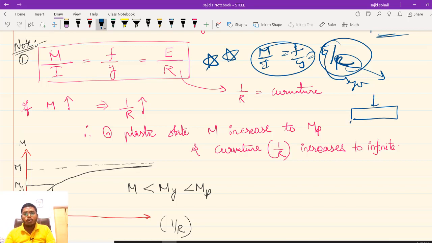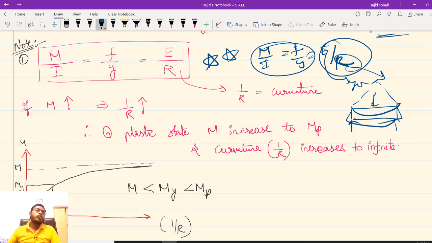Whenever you are adding load, let us say this is how your body is and you are adding load. तो bend करेगा कि नहीं करेगा? So whenever you are making it a curve, you will be getting a radius of this curve. आपको क्या मिल रहा है? Radius of this curve मिल रहा है. Agreed or not? Right? So whenever you are bending it, you are getting a radius of curve. I hope it is very clear for you. Now comes the important thing. So r is your radius of curve, no issues.